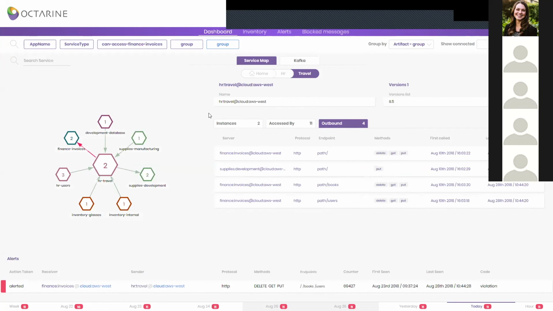And once we define access control, we can also start getting alerts of policy violations. So here we see the red arrow between HR travel and finance invoices, which suggests that we don't have a whitelist rule that allows this traffic.